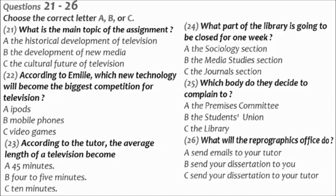The problem at the moment is the library. Oh, yes? What's happening there? There's a tremendous amount of noise because of the new extension they are building. It's quite impossible to work there. They are stopping work for a week next week, I believe, and then all the sections will be open. There's a hold-up because some roof tiles have not arrived, so there'll be peace for that week. But then after that, the media studies section will be closed for a week and all the noise and dirt